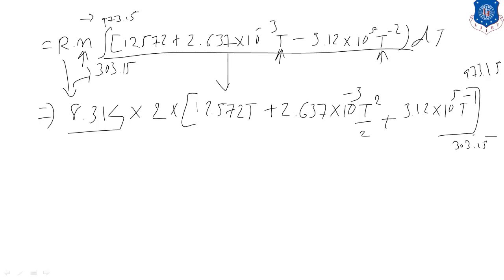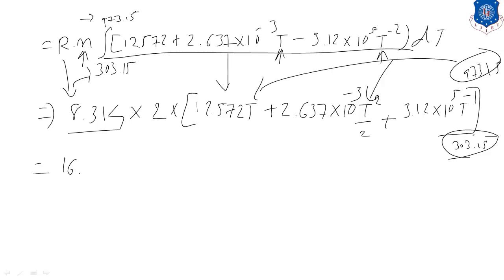So these both are limit. Now let's put this limit instead of this T. So let's put this limit instead of this value of T, 16.628. If we are going to multiply this both term, we will get 16.628 into 12.572